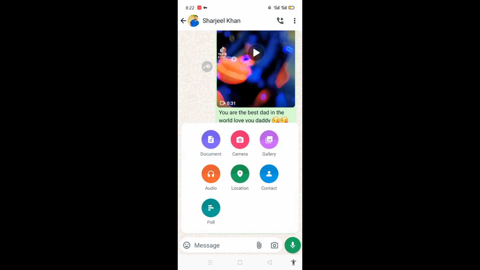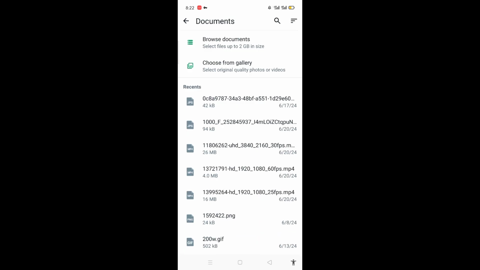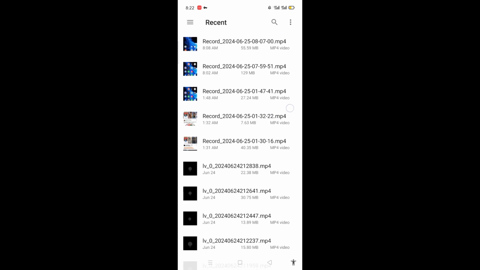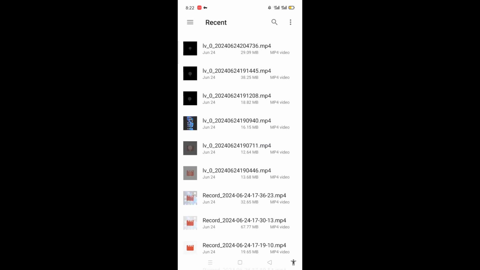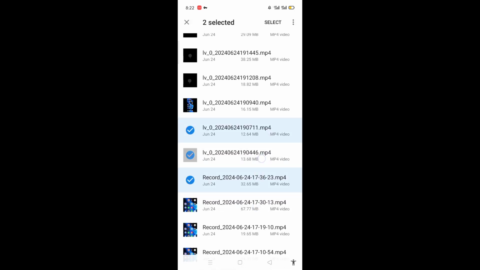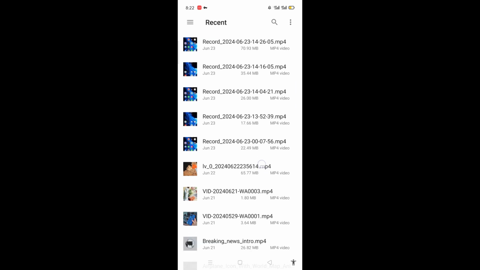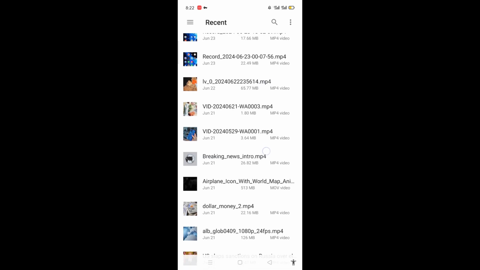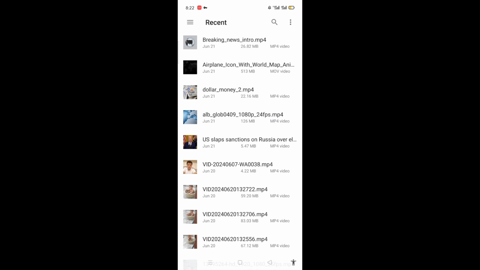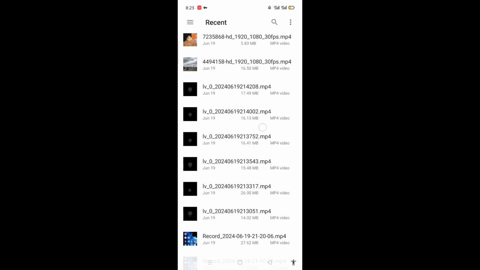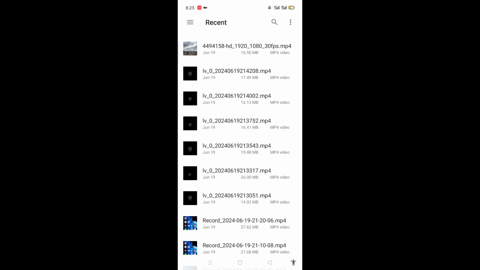You can see in the message you will just click on the document, and from here you can browse documents. So from here you can just select the videos section, and here you can upload a 2 GB video maximum. So you can find from here the larger video of yours, and you will just send it easily as a document on WhatsApp. So for now I don't have a large video on my album, so I will just